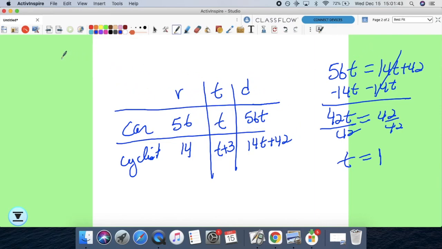Well, the distance, think about distance equals rate times time. So the distance,